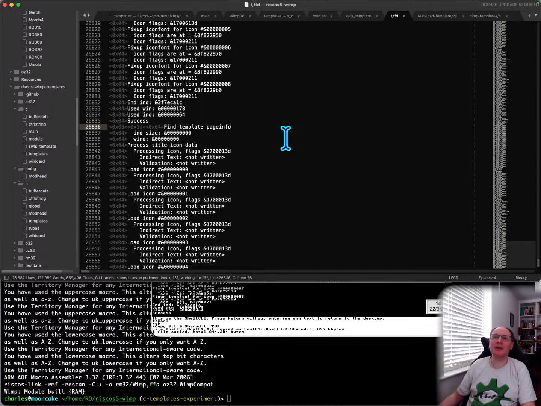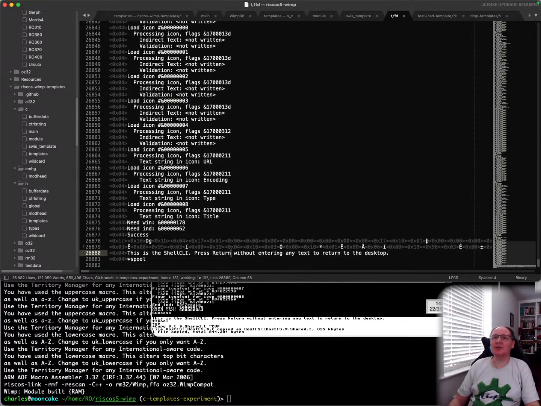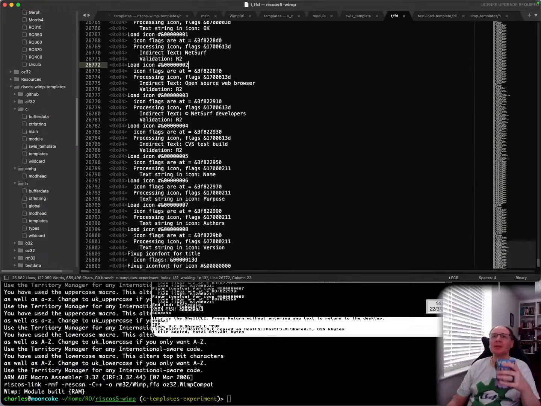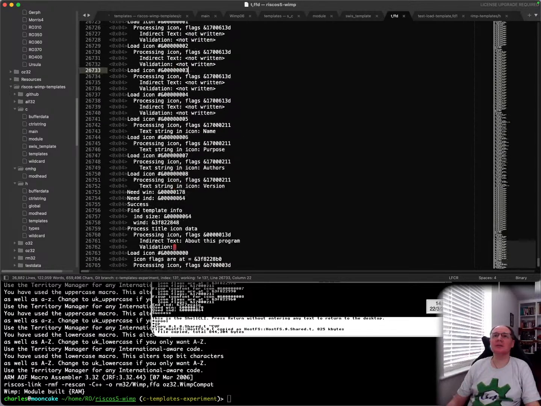So this is where we're doing find template page info. This is the icon data, not written. So these are plain icons, they don't have anything. Of course, it says not written because there's no buffer memory there, and then the titles in icons we can see. So all of this looks okay, but